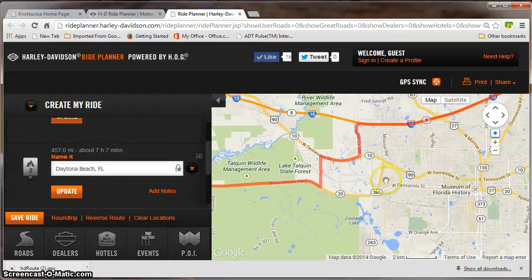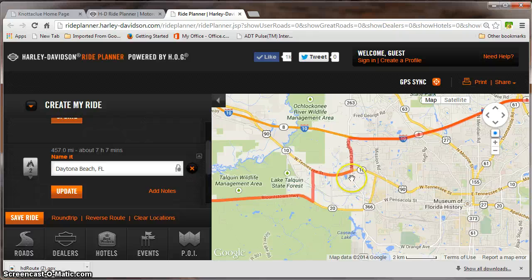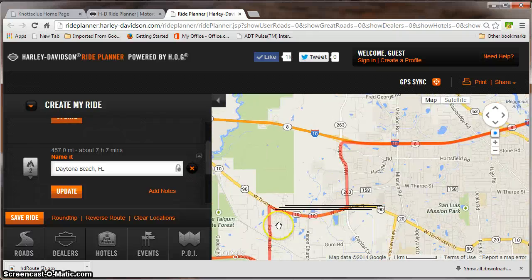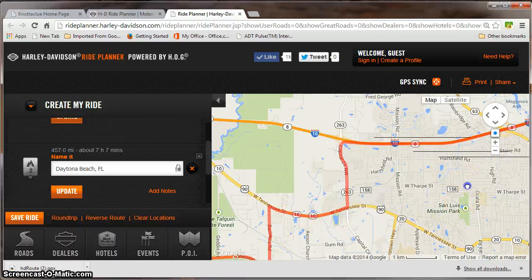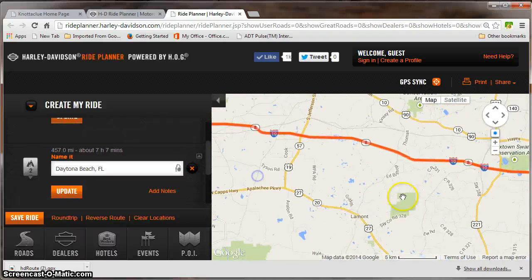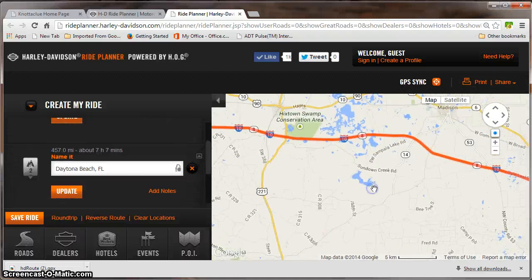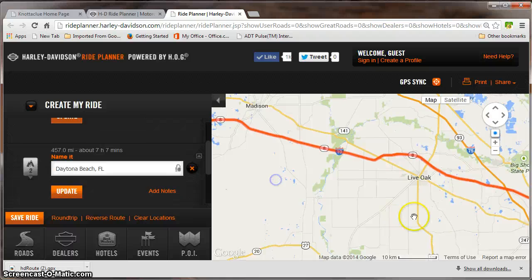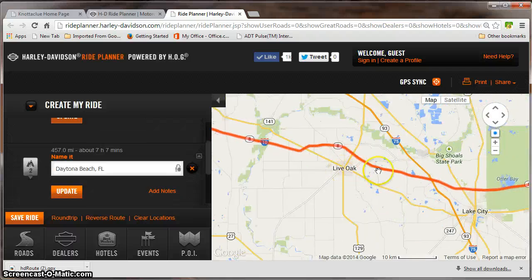We're approaching Tallahassee now, and I'm going to go ahead and leave it here. To get around, having been through Tallahassee, the streets can be a little bit crowded, a lot of traffic, so I'm going to get back up on interstate, go around Tallahassee, and then around Live Oak. I'm going to drop back down right about here and get on Highway 90 through Lake City, which isn't too bad, over to